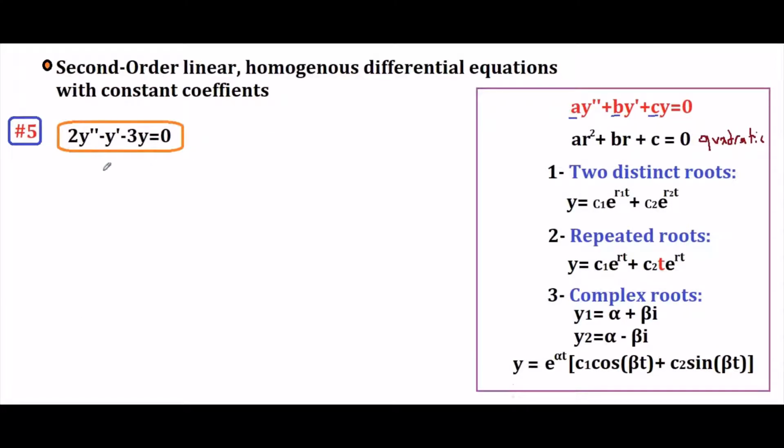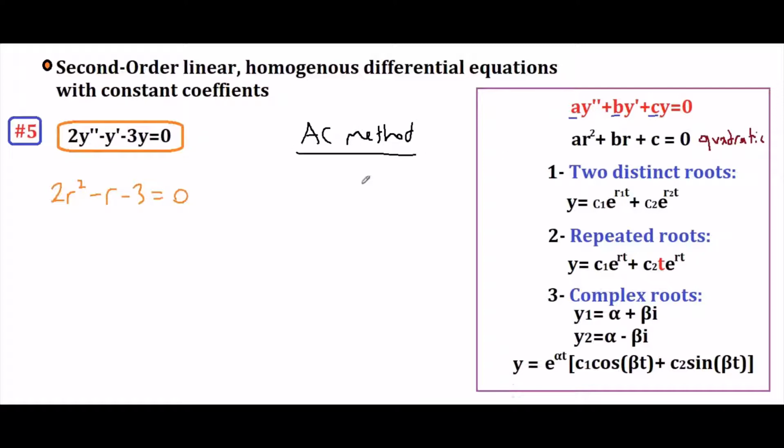Let's check out this one. 2y double prime minus y prime minus 3y equals 0. This is going to be 2r squared minus r minus 3 equals 0. Now we're going to factor out this quadratic function. We can apply the AC method